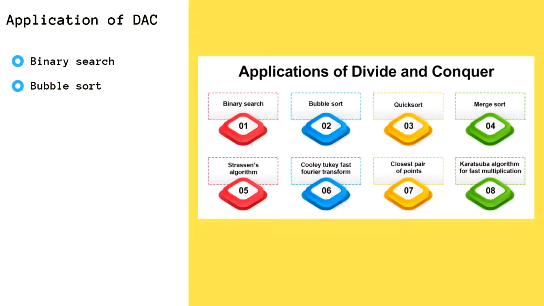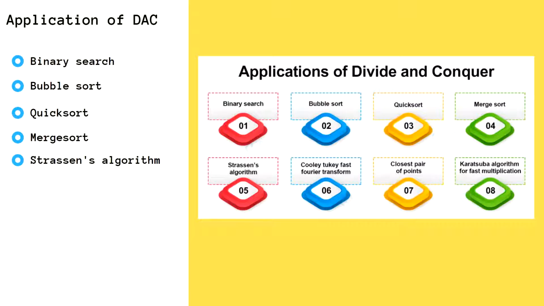Second is bubble sort. Compare each pair of elements, and if they are not in order, then swap them. This sorting technique has a worst case time complexity of Omega(n^2), and therefore it is not suitable for large datasets. Third is quick sort. This most efficient sorting algorithm selects a pivot value from an array and divides the rest of the array elements into two sub-arrays. It compares the pivot element to each element and sorts the array recursively. Fourth is merge sort. This algorithm divides the array into subarrays and then recursively sorts them. After sorting, it merges them back.